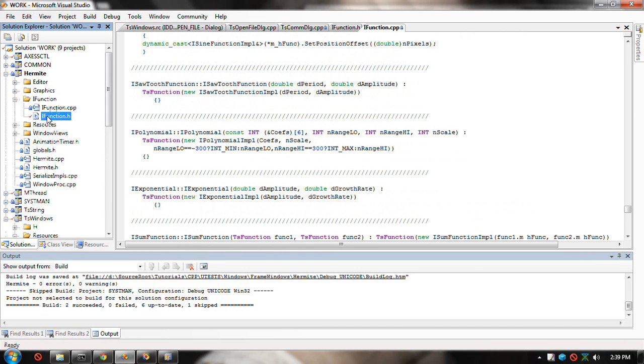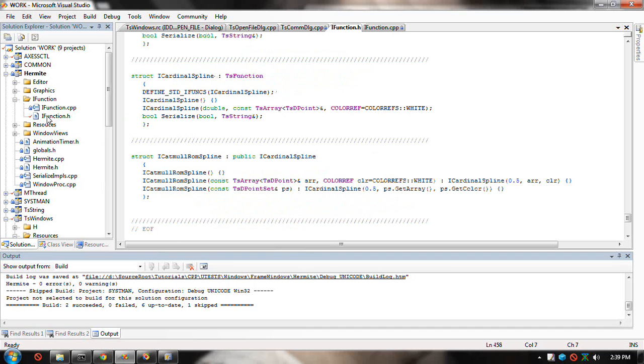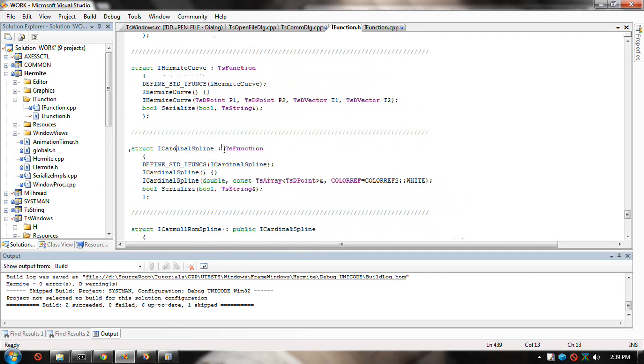Oh, we need the header file. Here, Catmull-Rom, cardinal spline. Yeah, that's the one. They're all part of this family of curves. But this family of curves is just a special case of this family of curves, called a Hermite curve. But anyway,